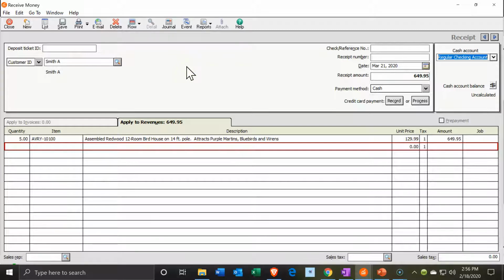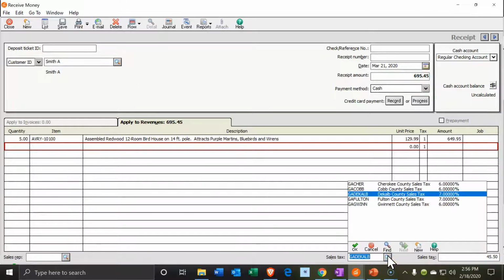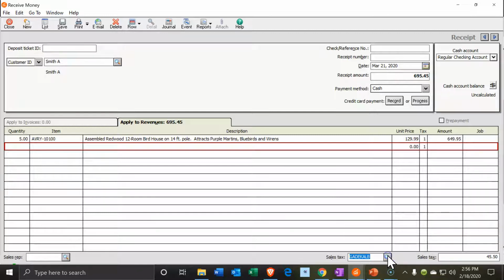Then the other side is going to be going to the revenue account, increasing revenue. I also added a sales tax down here. So I'm going to say sales tax, the 7%. So the other side is going to be increasing revenue, but only for the 649. The difference between the two on the sales and the revenue should be in a payable account for the sales